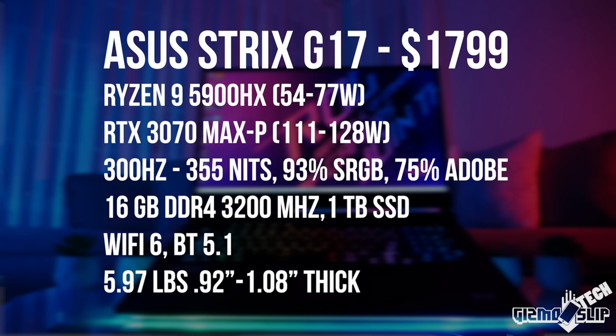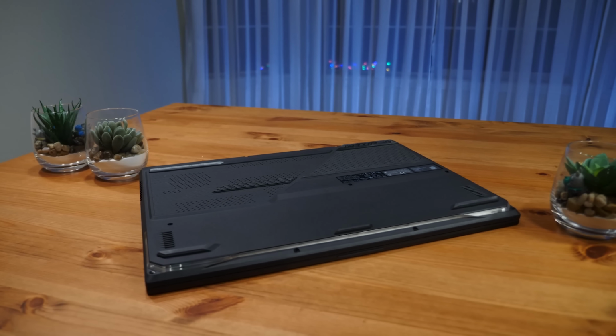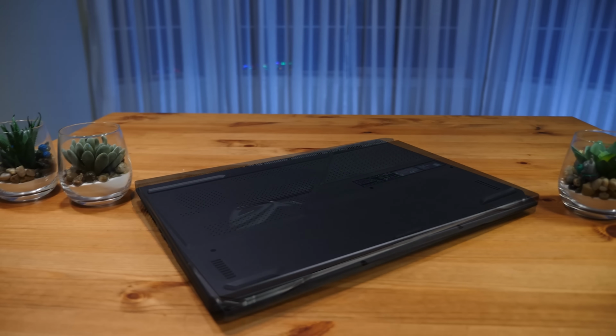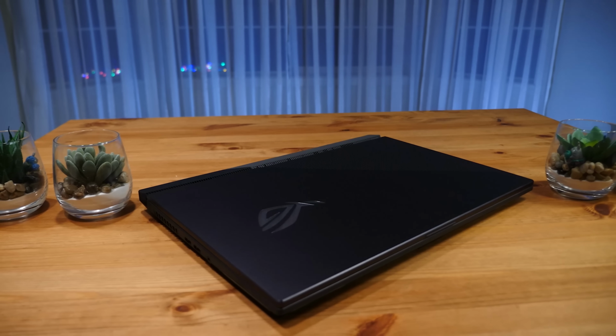Now this comes with 16 gigs of DDR4-3200 MHz RAM, a 1TB PCIe SSD, Wi-Fi 6 and Bluetooth 5.1, which worked exceptionally well, providing high download speeds on my fiber internet connection. And it is 0.92 inches thin at the thinnest and 1.08 inches thick at the thickest, kind of where the rubber feet are located. Overall, this is an extremely powerful machine in a very thin and light chassis, despite the